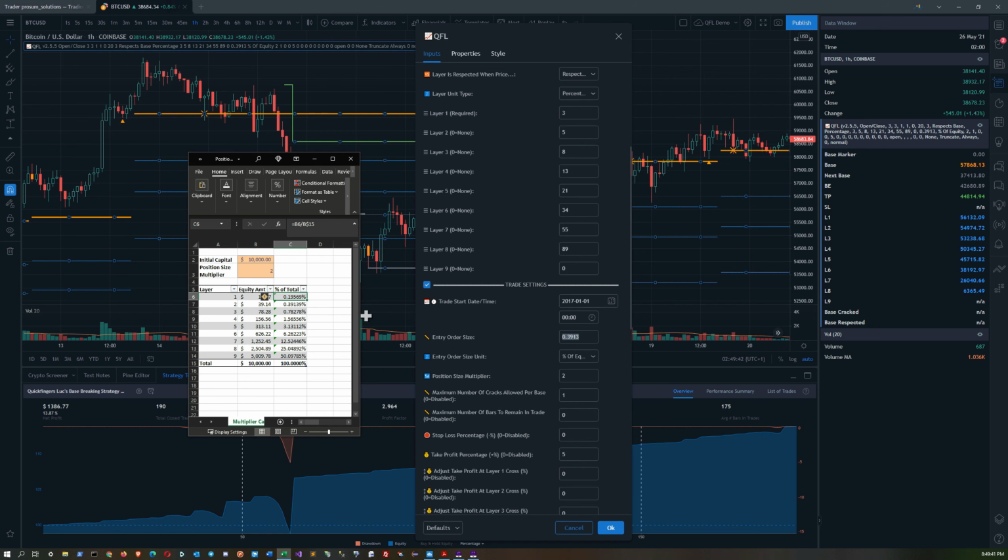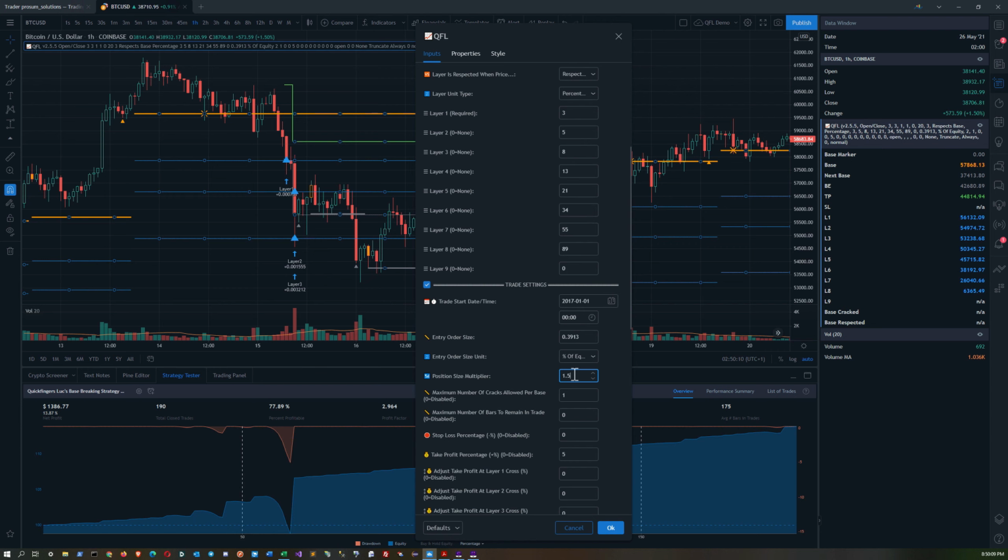So if you want to start changing this, I highly recommend using this spreadsheet to essentially inform you as to what would be a good entry price at level 1. So if I were to change this to be 1.5, I would have to use a value of 1.33535% of my equity in order to not exceed the entire amount of my equity. So I'll go ahead and copy this value. I'll come down here and set this to 1.5 and then paste in that value from level 1 and remove the trailing percent sign. And you'll notice now that the indicator will redraw and show me the performance output from